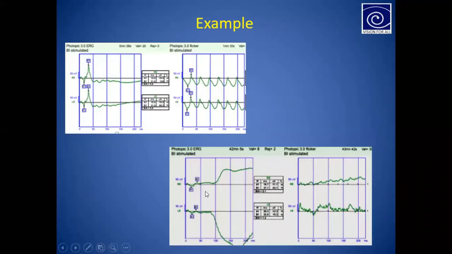Here, the first one is showing a normal photopic ERG, the single flash cone response, and the second one is the 30 Hz flicker. Here it is normal. We can see the negative and positive waves as well, but the second one contains a significant level of artifacts, so we can't understand the actual response from rods, cones and inner retina. So we should repeat this test again in this condition.